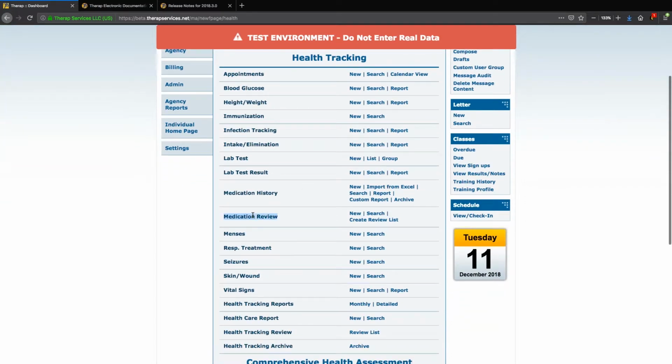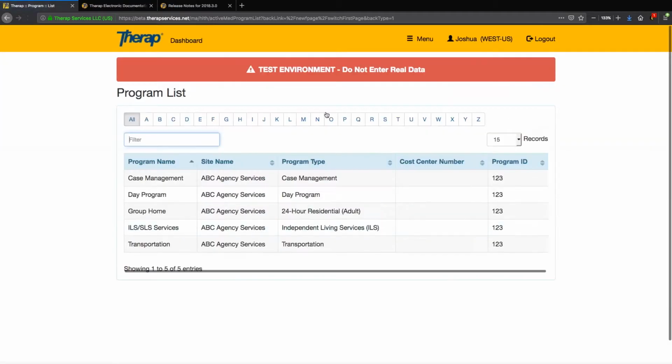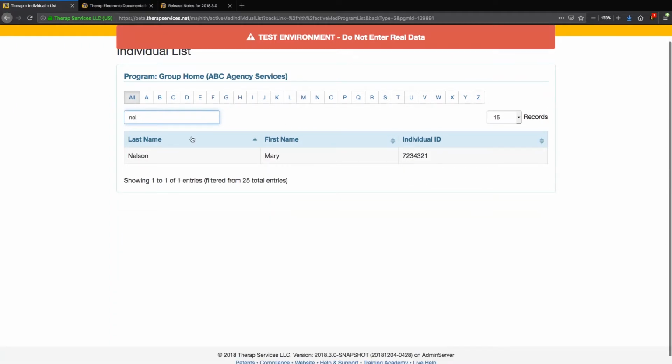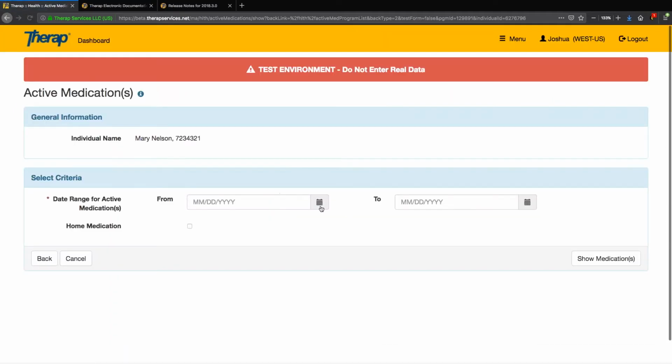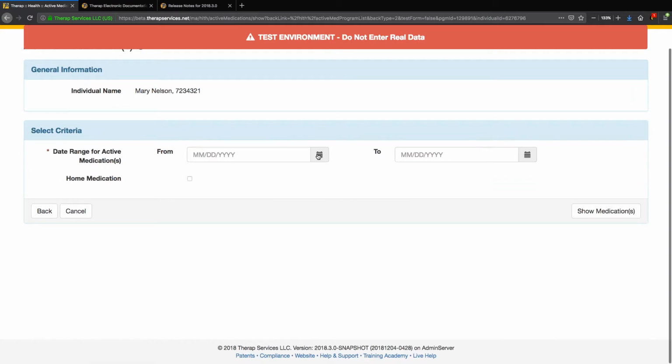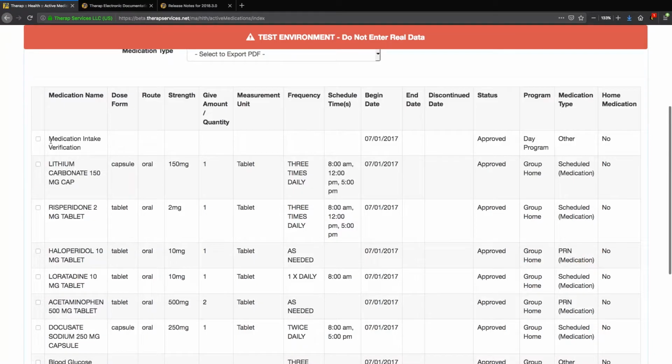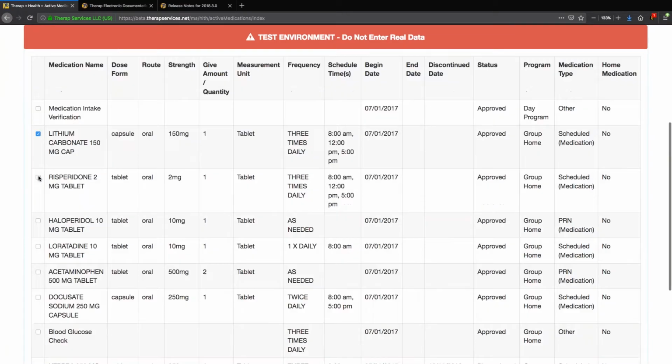So if I come in here to medication review and create my review list, I want to create one for Mary here. And if I want to see all active meds for today, I can just put today as my start and end date, if anybody wasn't familiar with that. And then I can go ahead and show medications. And then I can choose which medications I want to appear